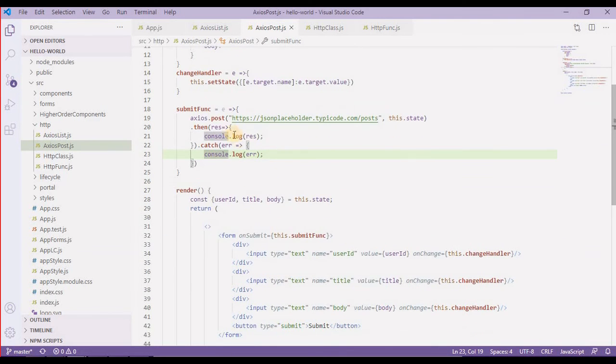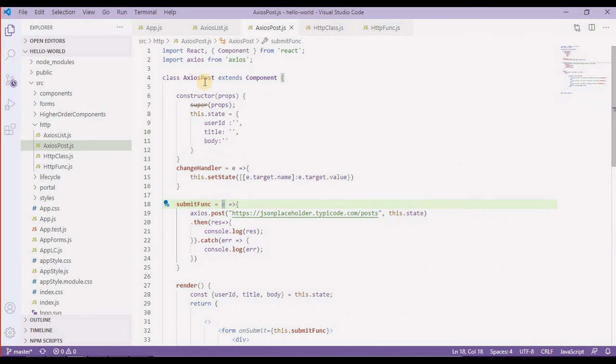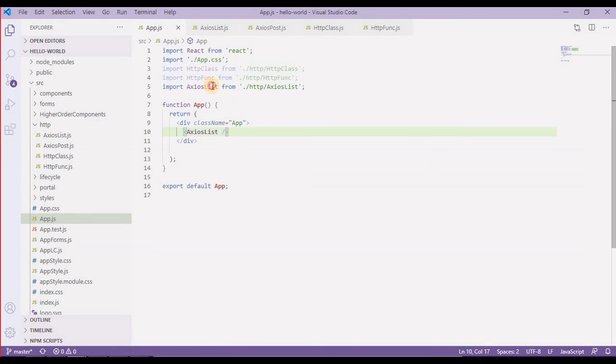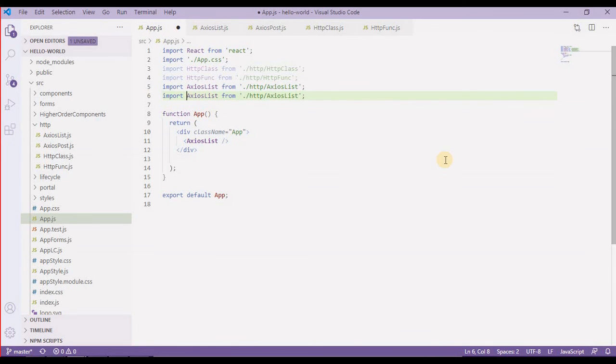Alright, so I think we are done over here. I'm taking the event over here, I will explain later, but before that I want to show you how it is working. So Axios post, copied, and then I'm going to call this over here.